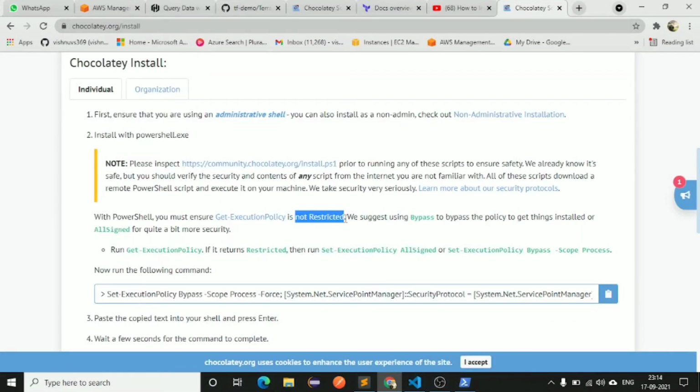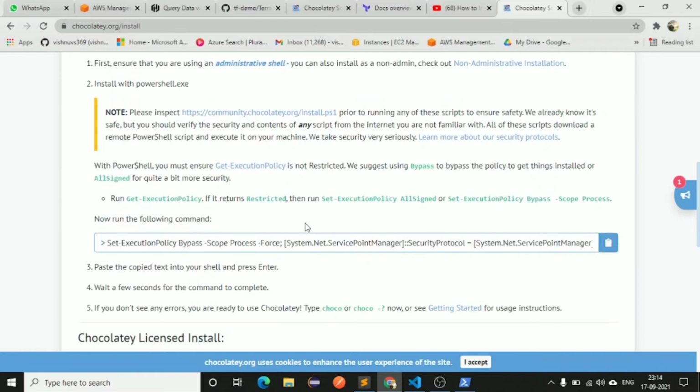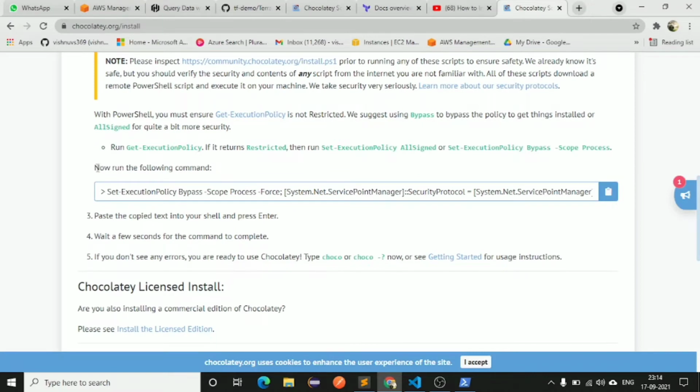If it is restricted, then just go to the command. Just use this Set-ExecutionPolicy command. Second command, Set-ExecutionPolicy. Okay, after that you will need to run this command. Just copy